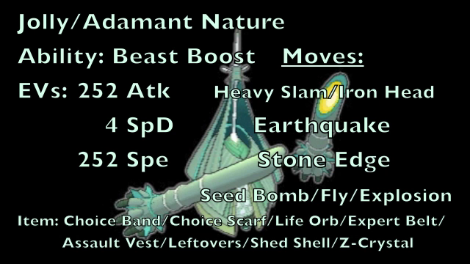But for the items, there are quite a few options here, the first being a Choice Band to boost the power of all of your physical attacks, the second being a Choice Scarf to boost your speed, a Life Orb to boost the power of all of your attacks at the cost of losing 10% of your health every time you damage an opponent, but also allowing you to use your moves freely, unlike on the Choice sets, an Expert